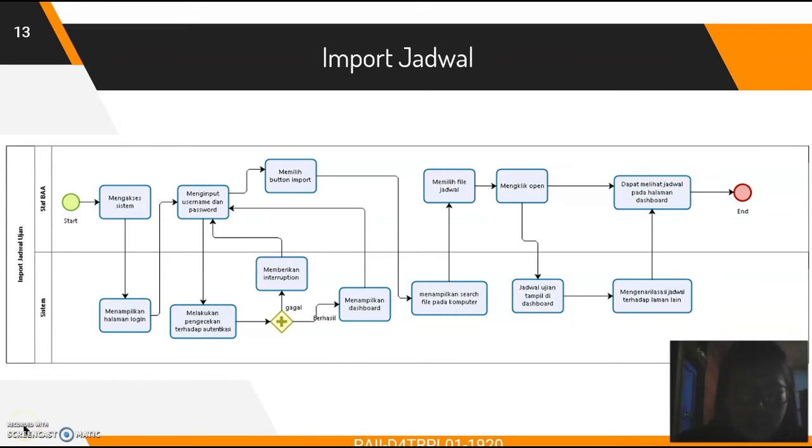Import jadwal. Import jadwal is the process of importing a schedule into the system so that the schedule can be seen through the system. This will also be useful for generating other data such as attached level and exam minutes or attendance list. This process starts with the Staf BAA. The first thing that Staf BAA has to do is access the system, and then the system